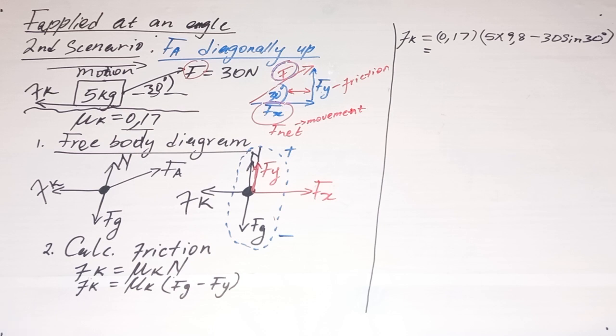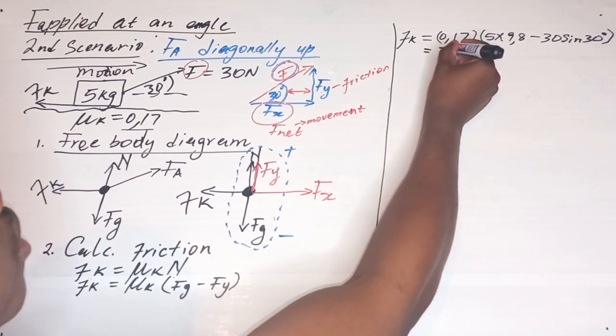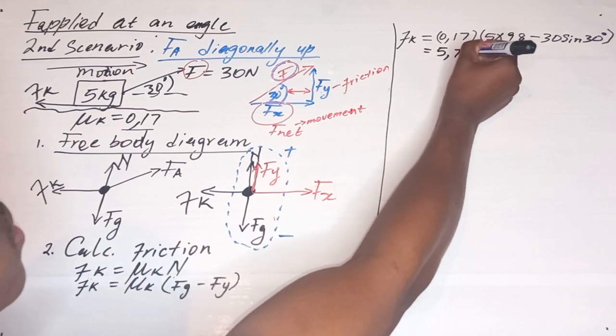0.17 multiplied by 5 times 9.8. I want to make sure that everything is correct. Times minus 30 sine of 30 degrees, close brackets. So we are getting 5.78